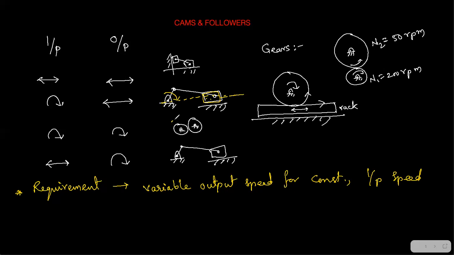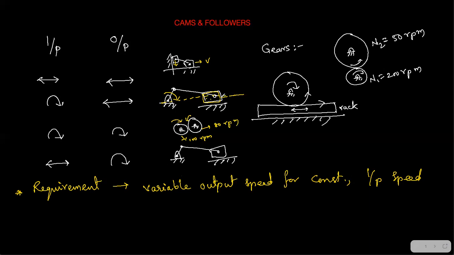Similarly, gears also rotate clockwise, anti-clockwise, and these motions are fixed. For example, this is having 100 RPM, so the larger gear may have just 80 RPM, and the ratio N1 by N2, 100 by 80, is fixed. And here also, for a certain velocity of the slider, you'll have a fixed velocity of this slider. It's not variable. What we need is: if input is constant, output is variable.